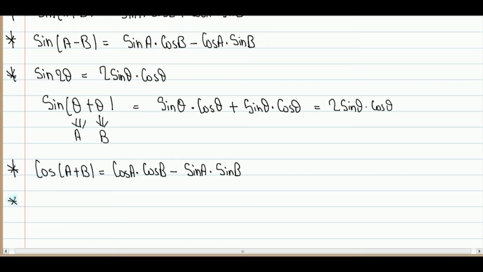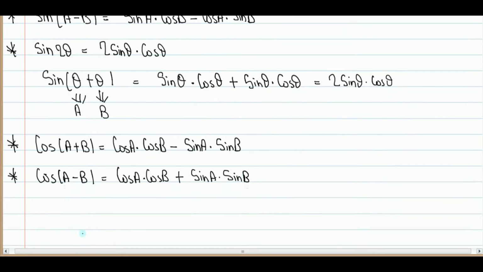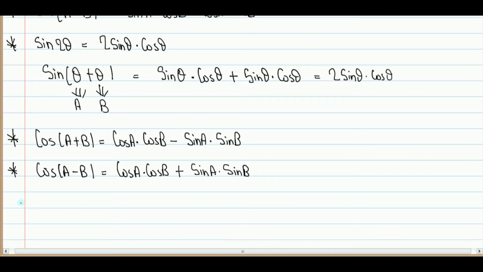Similarly, you have to memorize cos a minus b. That will be equal to cos a into cos b plus sin a into sin b. If you remember the basics, sin a plus b and cos a plus b, you will be able to find any trigonometric formulas. Okay, so if I ask you what will be the value of cos 2 theta,